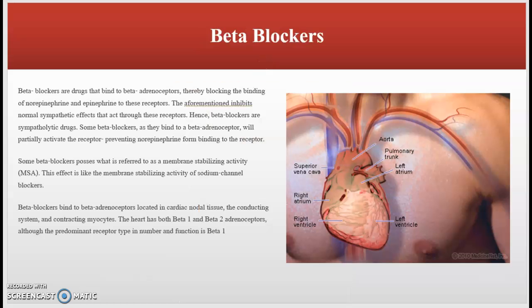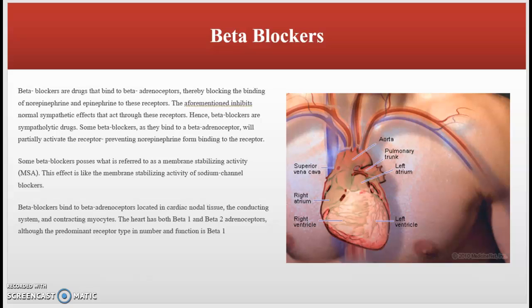So essentially, a beta blocker is a drug that binds to what is referred to as a beta adrenoceptor, thereby blocking the binding of norepinephrine and epinephrine to these receptors. This inhibits the normal sympathetic effects that act through these receptors. Hence, essentially, beta blockers are